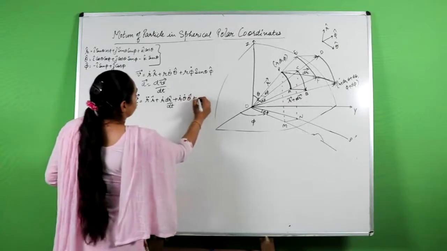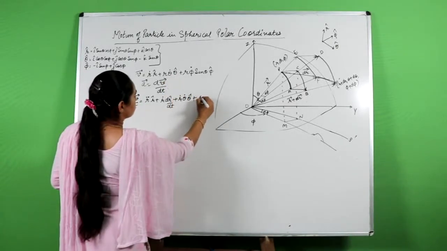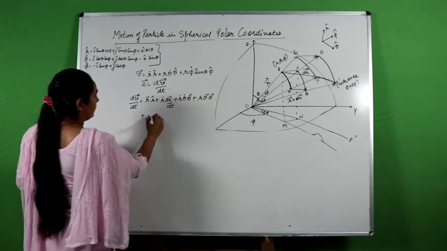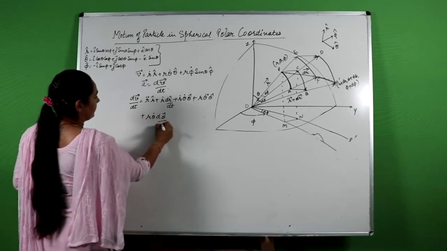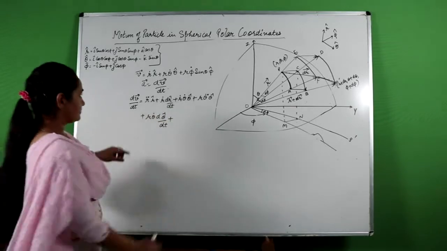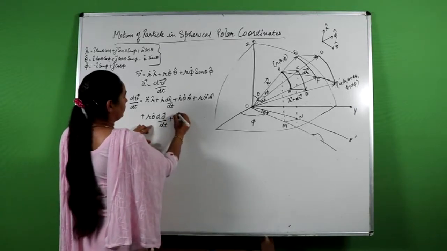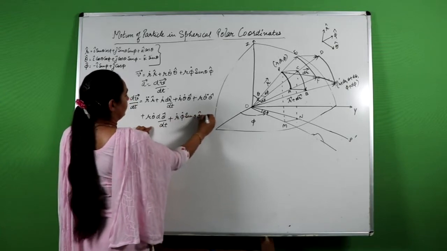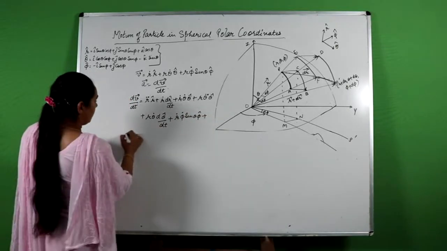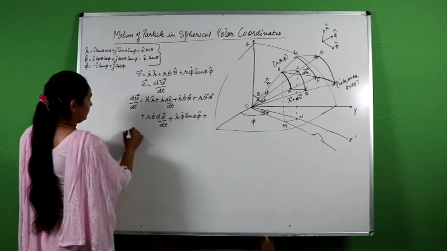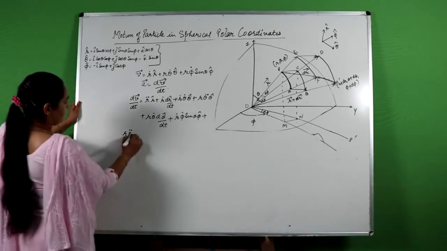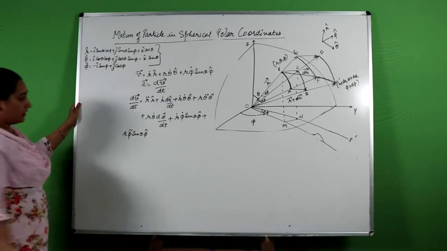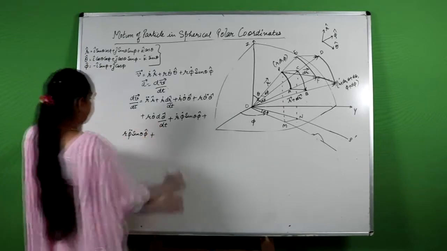So then move on to the next, r theta double dot theta cap plus r theta dot d theta cap by dt plus r dot phi dot sin theta phi cap plus r phi double dot sin theta phi cap